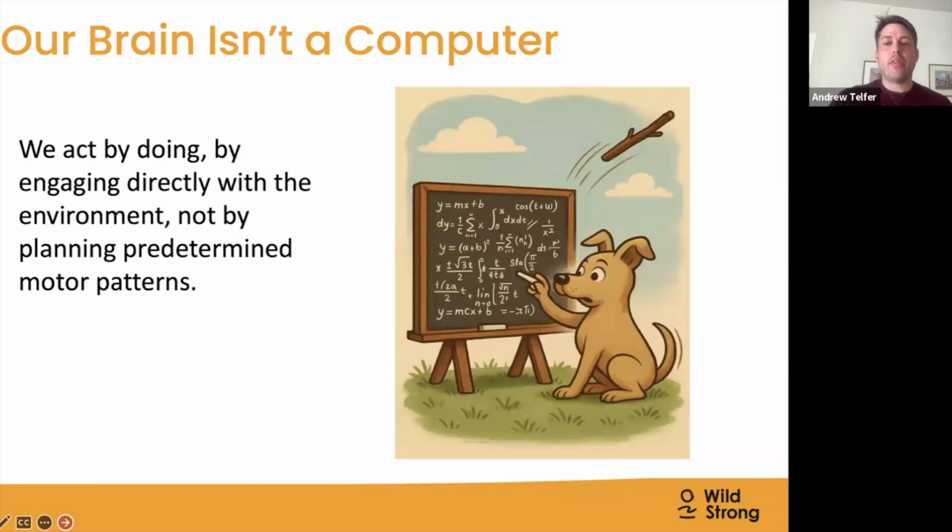And I think one of the other reasons why these predetermined motor patterns have become a popular way of thinking about things is if you're in the position of a coach or a teacher where you need to present yourself as an expert and you're leaning on whether it's a governing body or a set of credentials or something like that, you need to establish that you know what you're talking about. Because sometimes it doesn't feel good to say, well, I don't know what the best way is, but let's just play around and see what works for you. It doesn't feel good necessarily as a coach to say that because it doesn't put you on a pedestal, but also it doesn't always feel good for the learner because sometimes people do want to be told what the best way is.